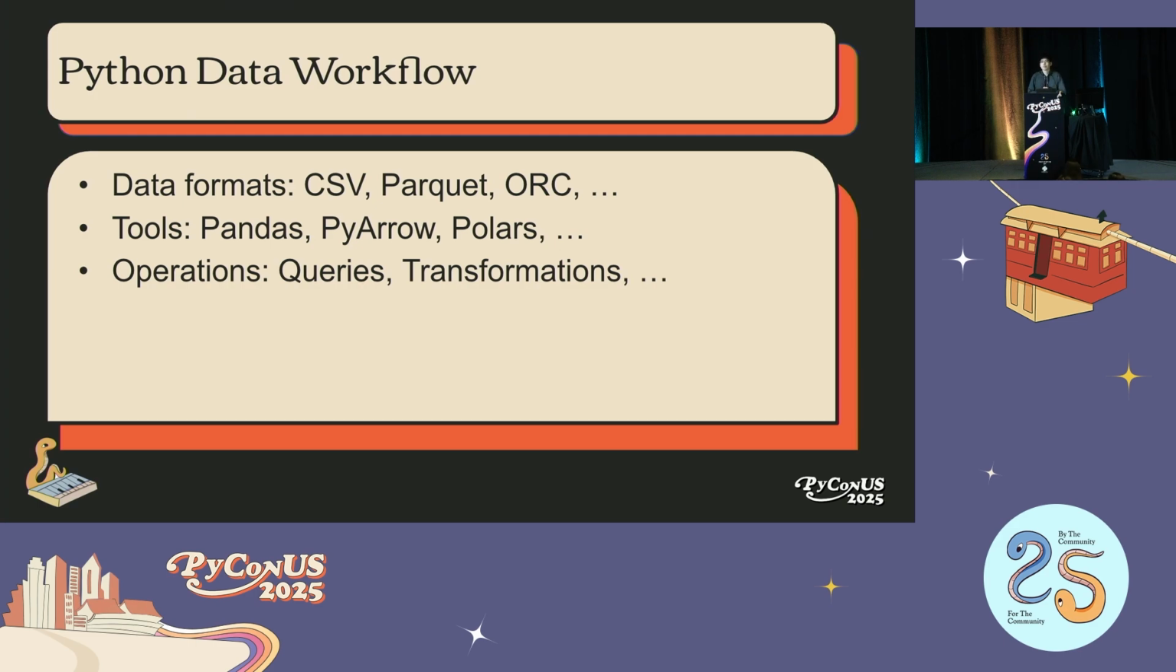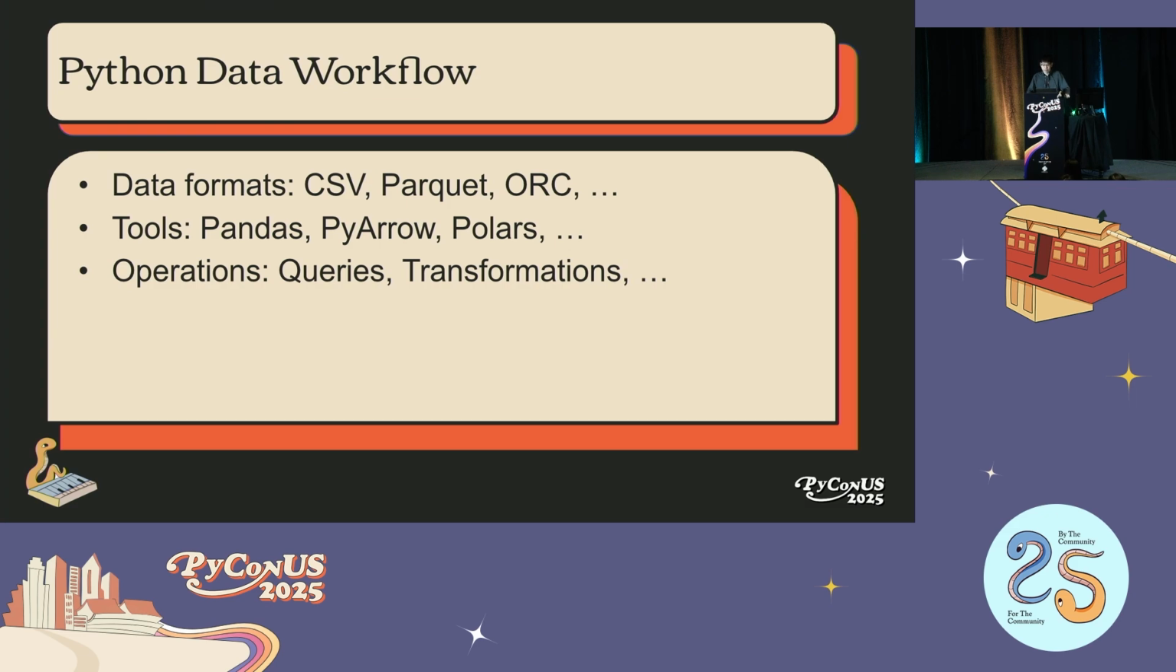So let's start from the simple Python data workflow. First, since we are talking about data, data must be stored in some places and in some formats. The most common format we will see is CSV. We have defined some columns, and we have rows with values for each column. And some more advanced formats would be like Parquet or ORC, which are column-oriented, but they still store the